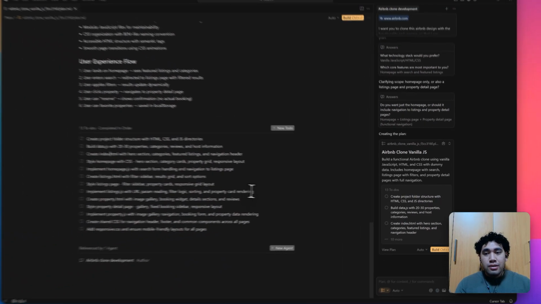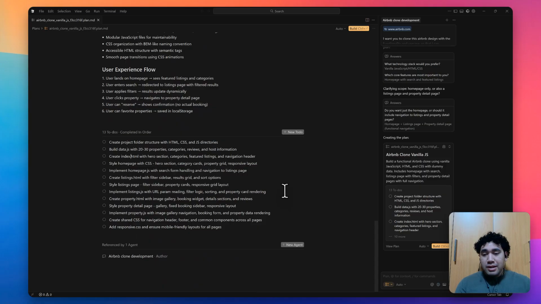It has full readability of what it's going to do next. And if you want to edit the plan, you can. If you want to generate a new to-do, you can just click this button here. But if you want to build,